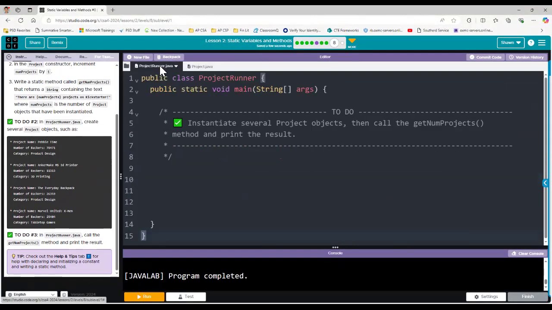Okay, now I can go back to Project Runner. And what I'm going to do here is I'm going to go ahead and create several project objects, then call the get num projects and print the result. Okay. I have to be careful because they want me to have all of those basically. And I believe they're probably going to want me to test that. So what I can do is let's make